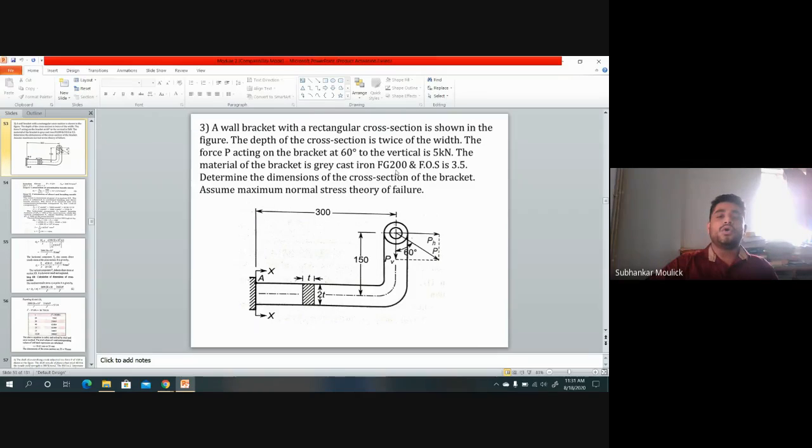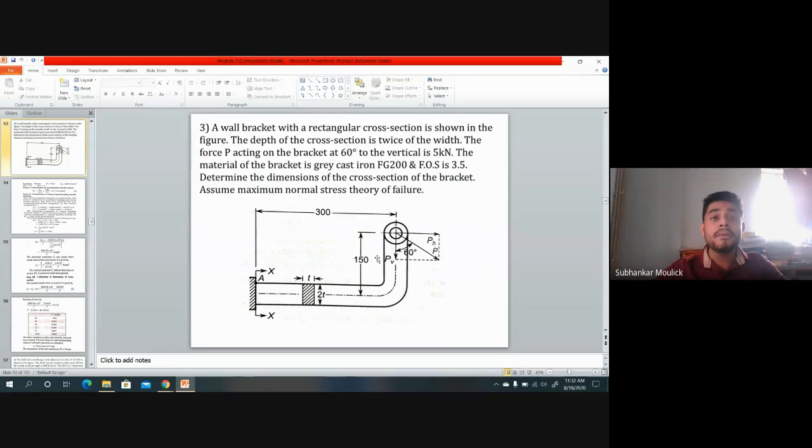Fine, okay. So you have to determine the dimensions of this bracket, that means how much will be the width and how much will be the depth, by the normal stress theory of failure. So for that I have to recall what the normal stress theory of failure is. According to it, any mechanical component will fail when the maximum normal stress or maximum principal stress of that component, in this problem this is my component, will be equal to